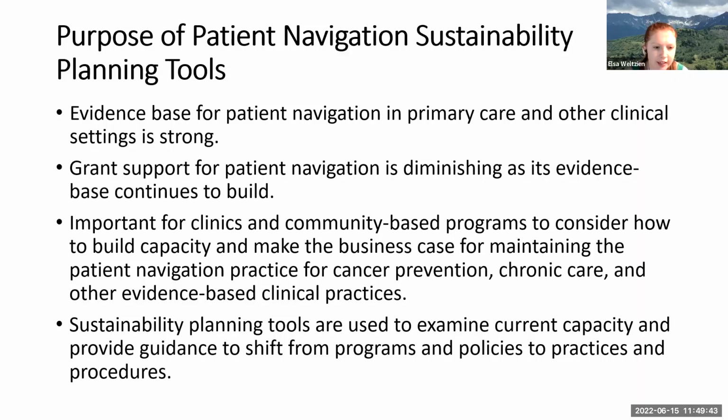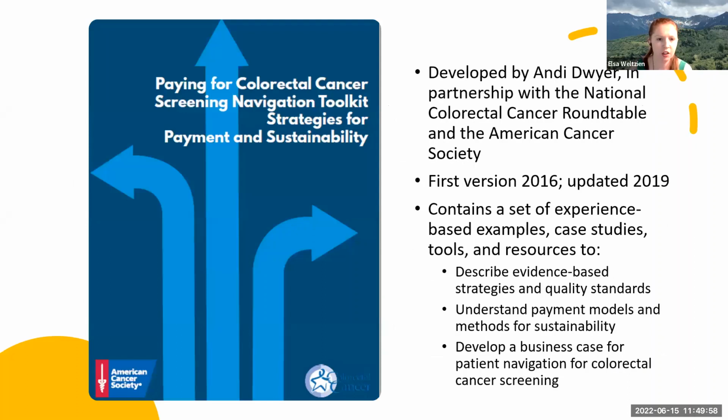So there's a number of sustainability planning tools that are available to help with examining current capacity and providing guidance as programs shift into long-term practices and procedures. One of these tools is the Paying for Colorectal Cancer Screening Navigation Toolkit that was developed in 2016 and led by Andy Dwyer in partnership with the National Colorectal Cancer Roundtable and the American Cancer Society at the national level. And it was updated in 2019,